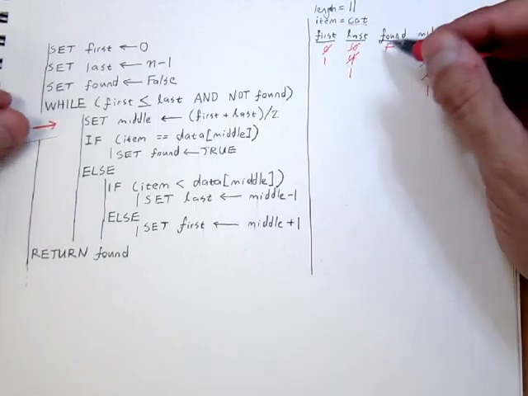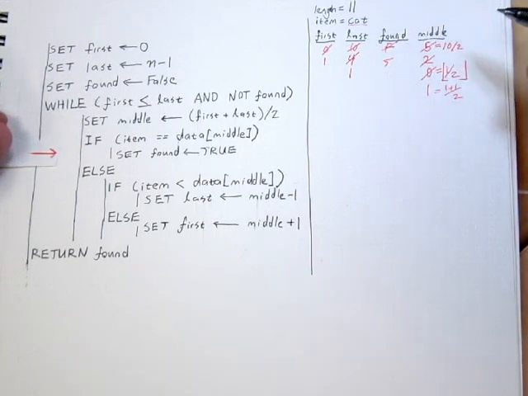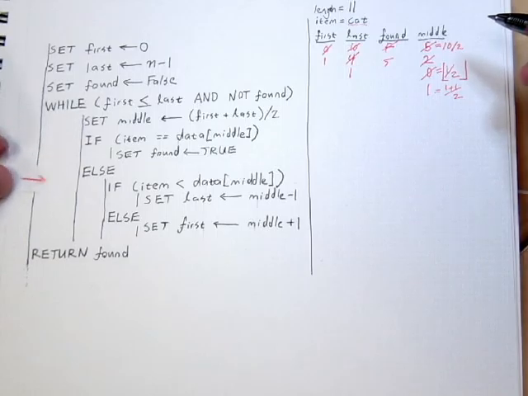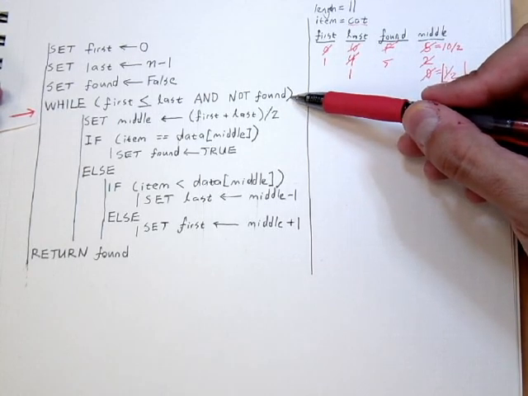We found it. And then we skip the else statement and we go back up to the test at the top of the while loop. While first is less than or equal to last. Yes, first is less than or equal to last still. And not found. Found is true. So not found is